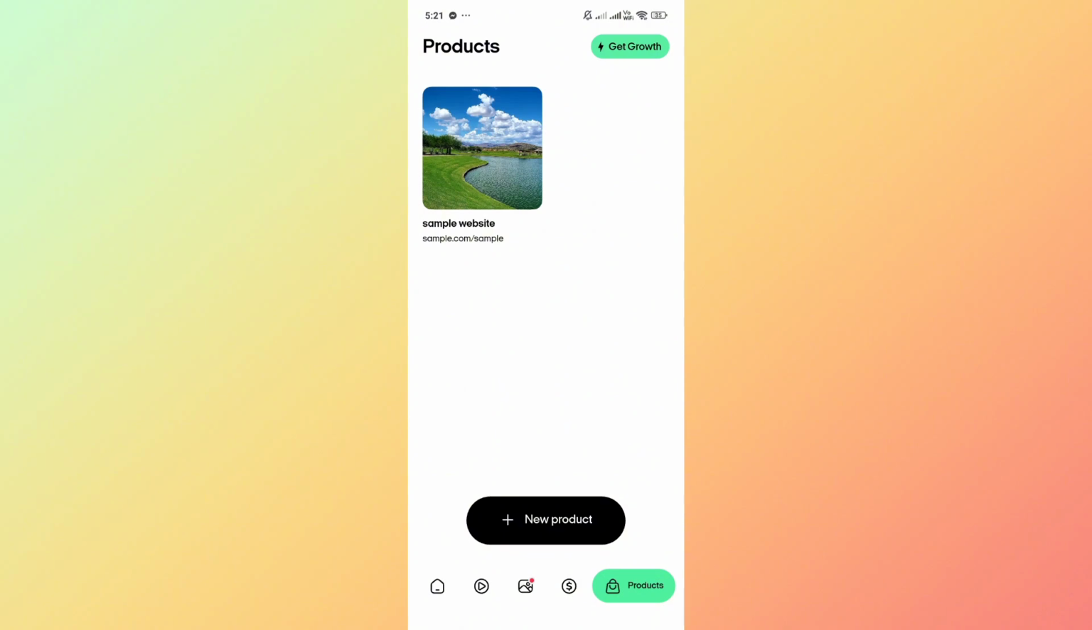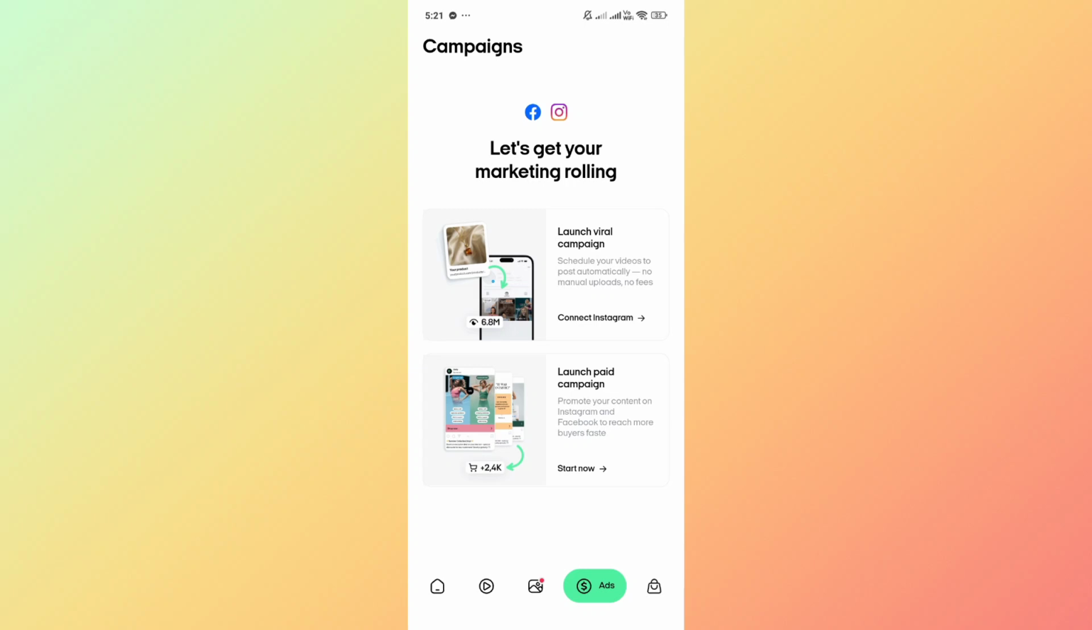Now, after that, go ahead and sign up for an account and choose your business type. And then after you do that, let Zeely AI generate your site, design, layout, and content included. Upload your products or services on the products tab, which you'll find at the bottom right of your screen. Launch your ads directly from the app with its ads feature, so you can launch viral campaigns and paid